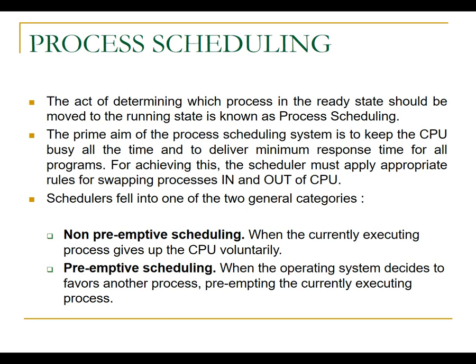Process scheduling works in between the running and ready state of the process state diagram, in which it looks after the swapping of input and output processes. The main task of process scheduling is to keep the central processing unit busy for the execution of a number of processes. During this, it acts in two different ways, preemptive and non-preemptive.